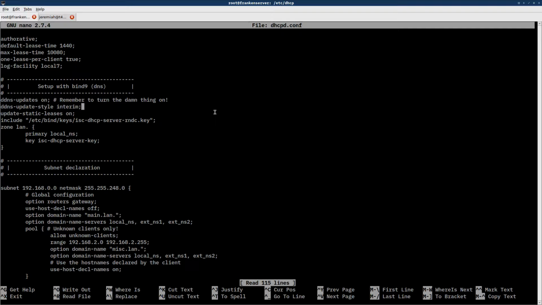And we're going to make it interim. You can read in the man pages about what this means. Update static leases, that means update leases that don't change. Again, we want that on because we want all of our leases to always be up to date. And then include key, where